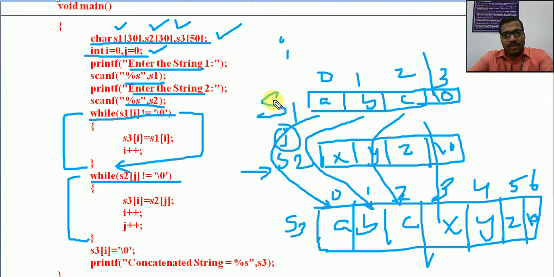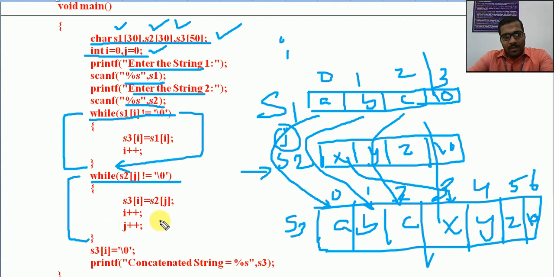After completing the first loop, i is incremented to 3, right? So S3 of 3 will be assigned S2 of j. What is S2 of j? S2 of 0, so this X will be assigned to this location.